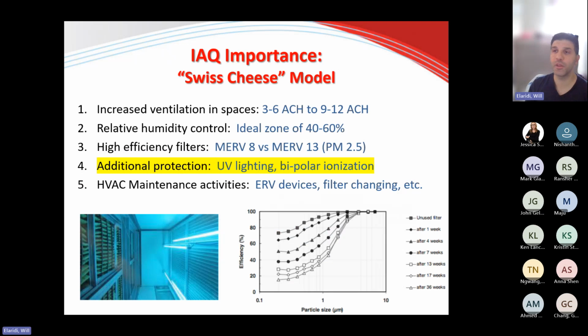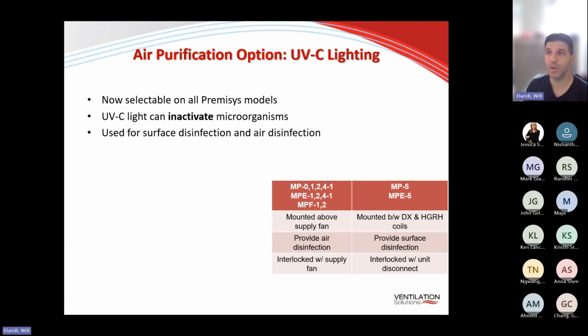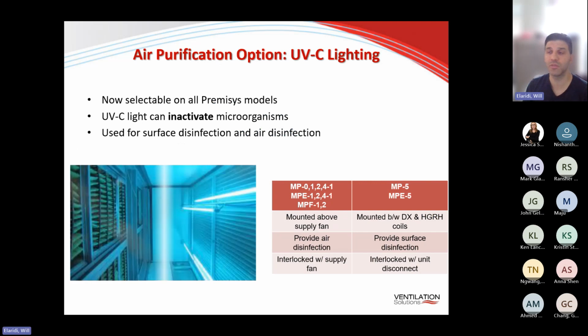Now, the 4th point that I was mentioning for indoor air quality improvements is the additional protection of air purification. What we have available in our DOAS system is integrated UVC lighting and bipolar ionization. We know that UVC lighting is the most popular air purification, and we can now have it selected on our premises model, which is our DOAS unit. The air that passes through the UVC light can inactivate microorganisms that could be harmful to our health. On the larger units, the lights are installed between the filters and the DX coil,